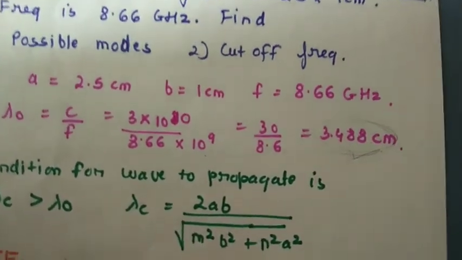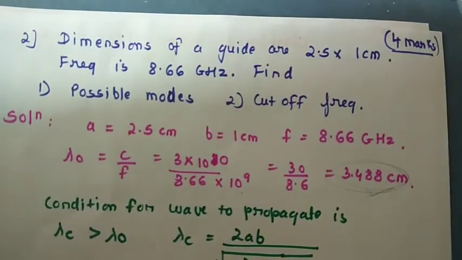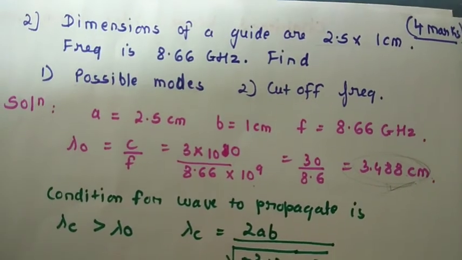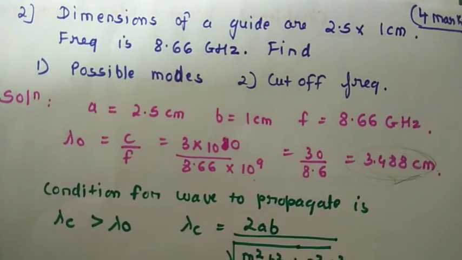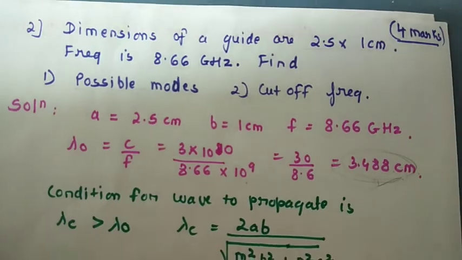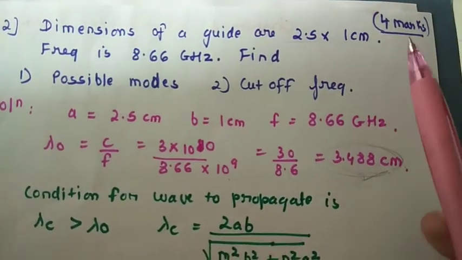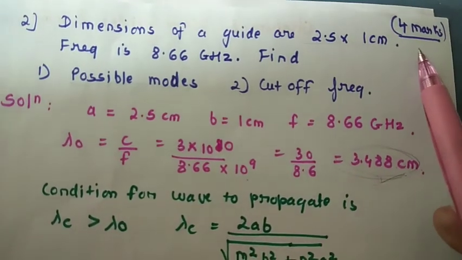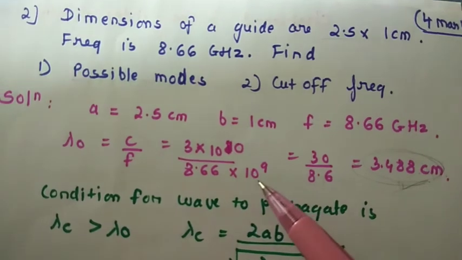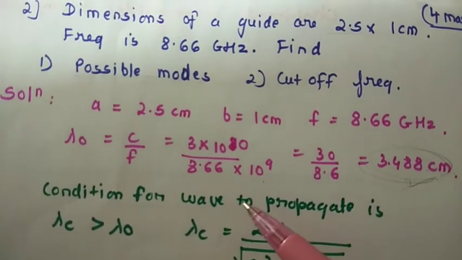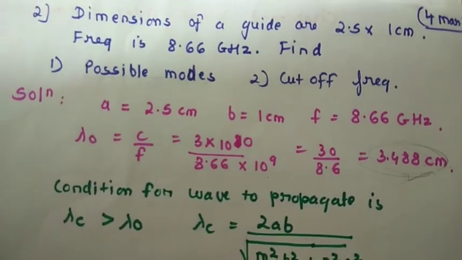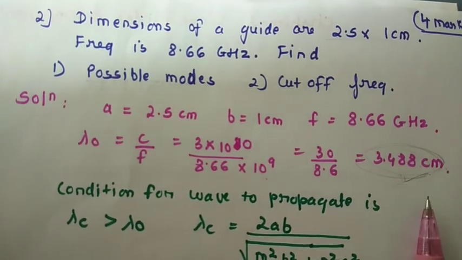There are many numericals given in chapter 3 in the notes provided by me. If you go through all the numericals, which will be either of 4 marks or 6 marks, your idea regarding the modes will be clear, as well as the definitions which I have explained, that will also be clear. Thank you very much.